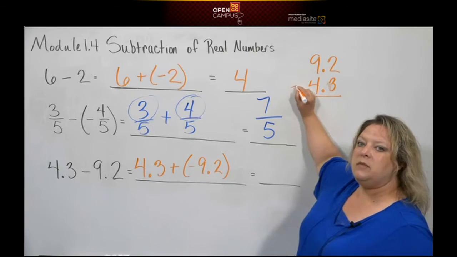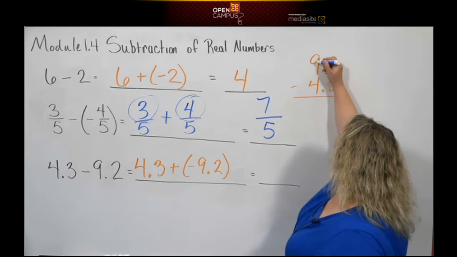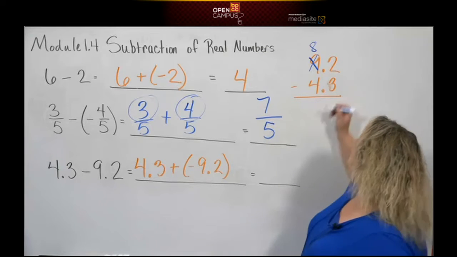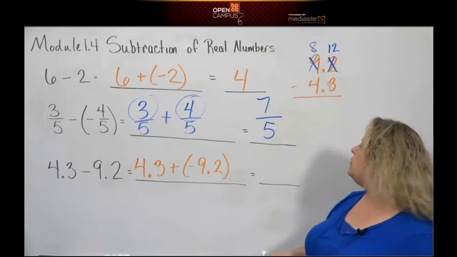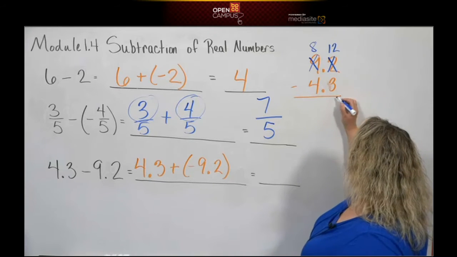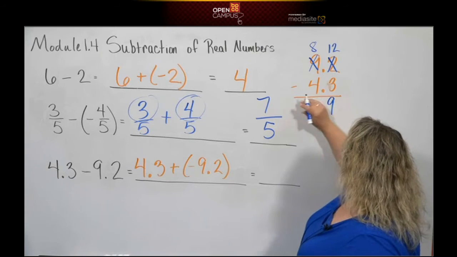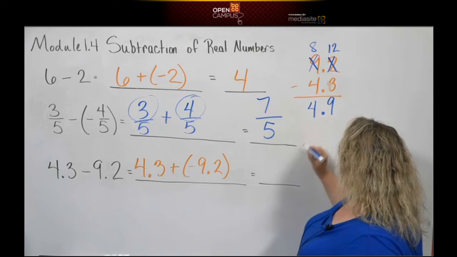And I'm going to subtract. That means I have to regroup, or I have to borrow. That 9 becomes an 8. That 2 becomes a 12. And now I just follow the rules for subtraction. So that'd be 12 take away 3, which is 9. Bring your decimal point down. And that would be 8 take away 4, which is 4. So I have